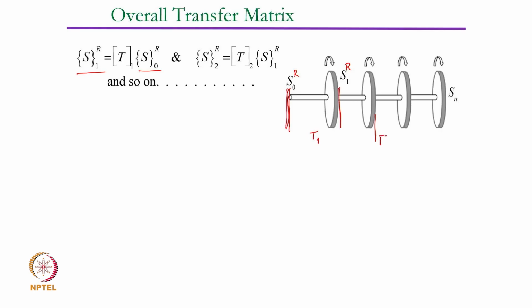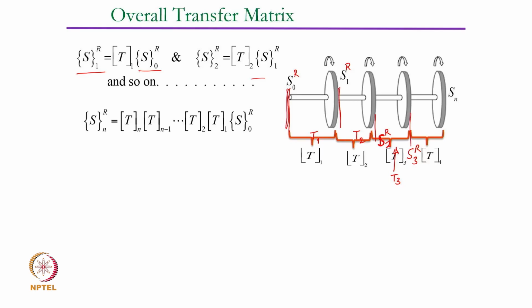Similarly, S2R will be related to S1R through the transfer matrix T2. That is how you get, and so on. So, I can relate this S3R through the transfer matrix T3 and so on. Okay. And if you keep doing that,